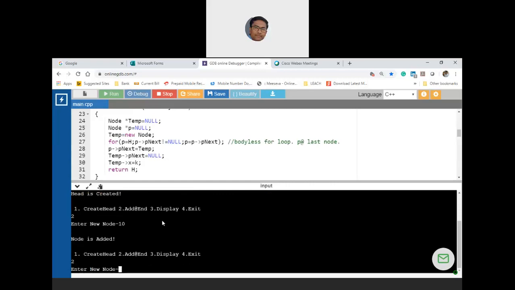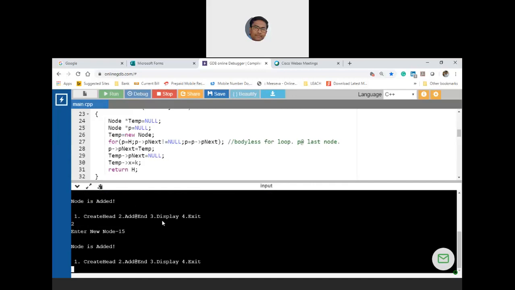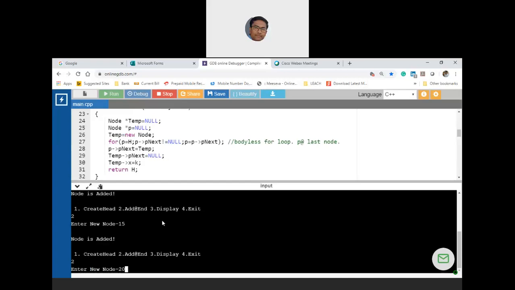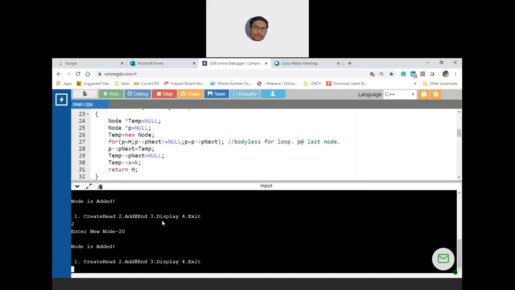Third node value is 15. Now let me add a last node, which is 20. Now display using recursion. 5, 10, 15, 20. Okay.